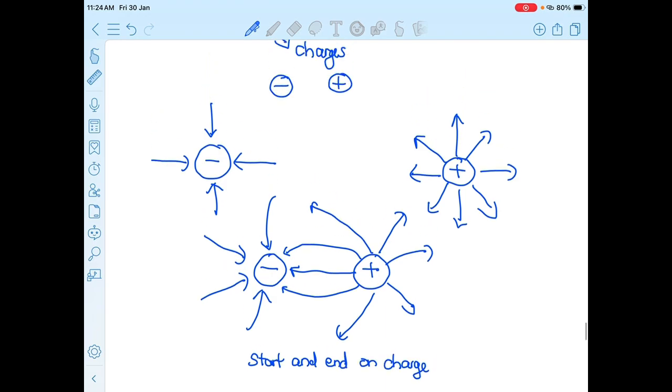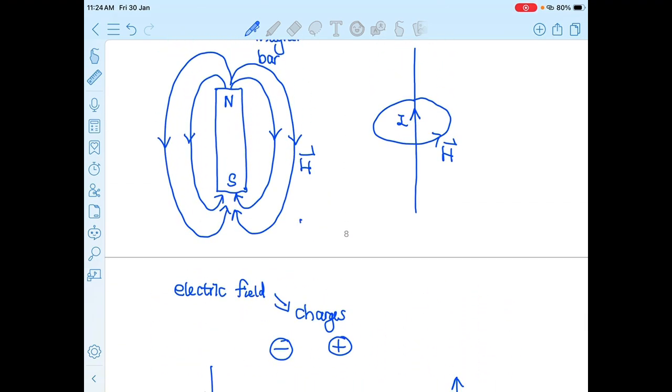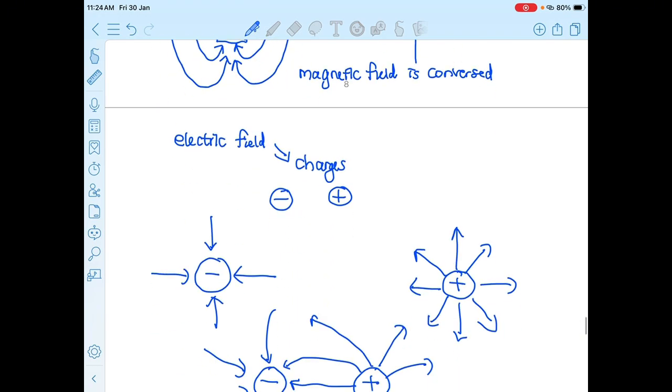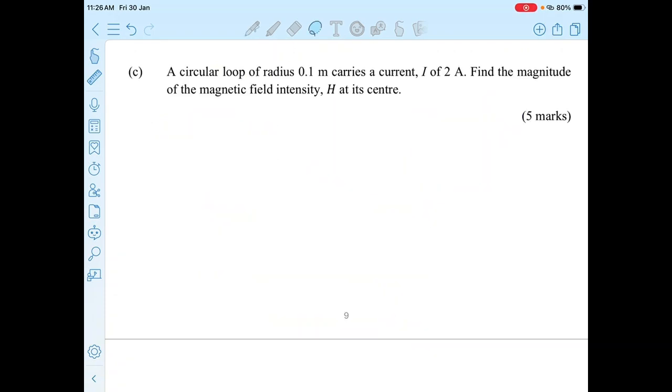And unlike the electric field, the magnetic field is conserved, meaning that it starts and stops at itself. So this is how you draw the magnetic field line and also the electric field line. Okay, so for question C, you have a circular loop